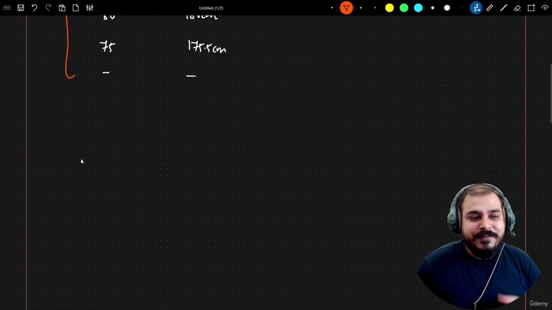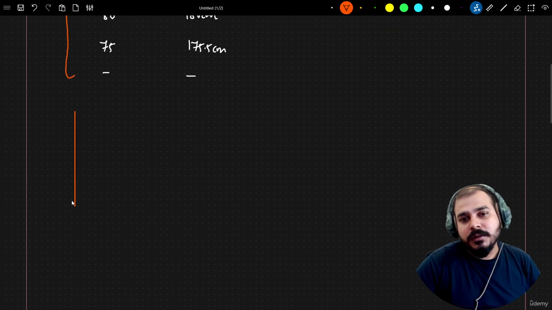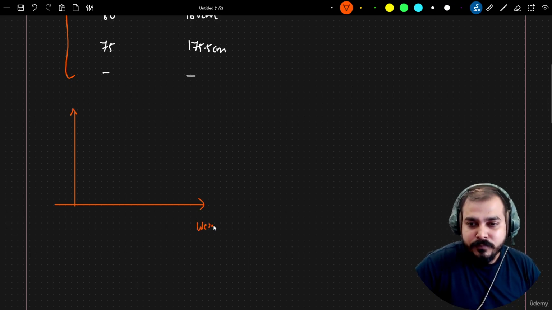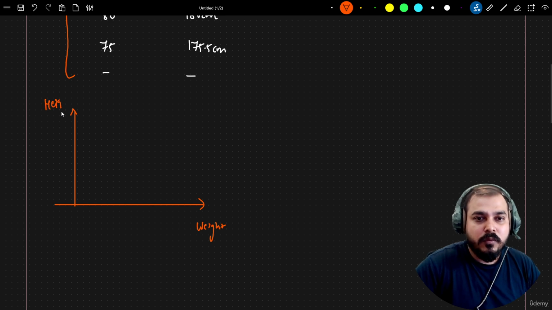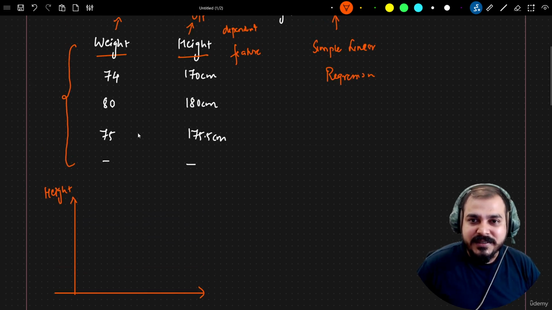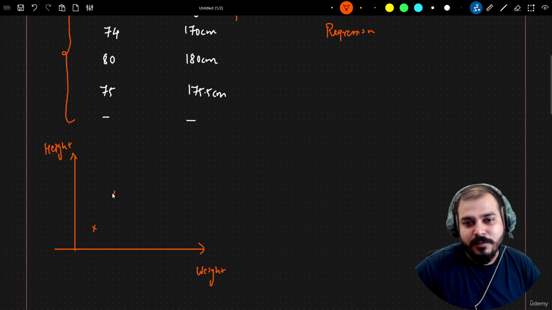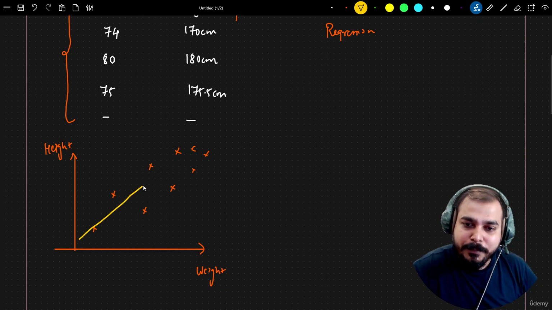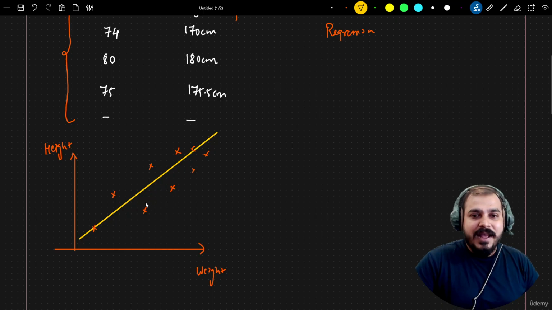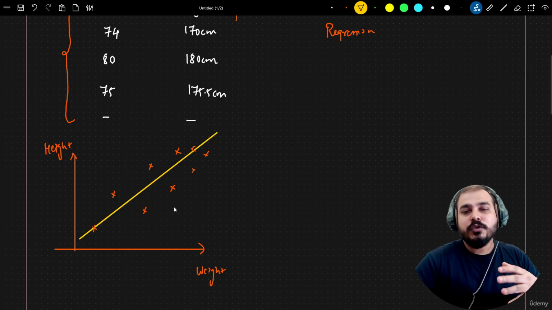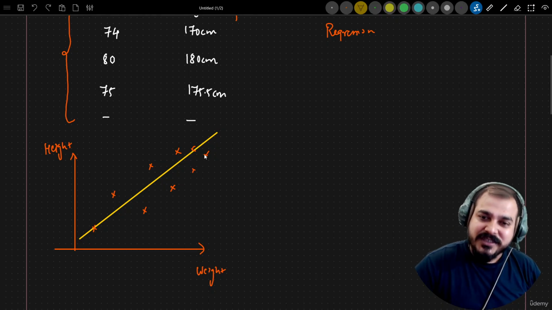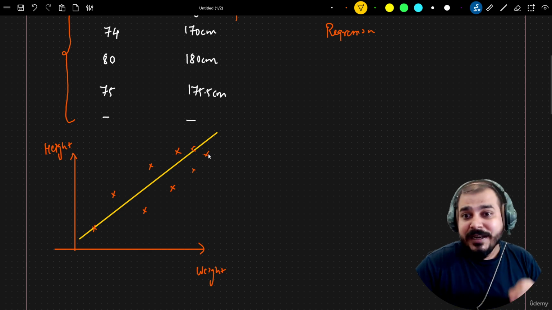If I really want to show you in a geometric way what we are trying to do, let's say this is my weight and this is my height. With respect to this data set, let me plot some points. Let's say there are some points plotted like this. With the help of simple linear regression, we'll try to create a best fit line, and this best fit line will help us do the prediction for the new weight. Once we get this best fit line, it should be created in such a way that